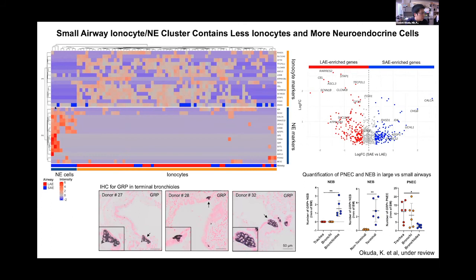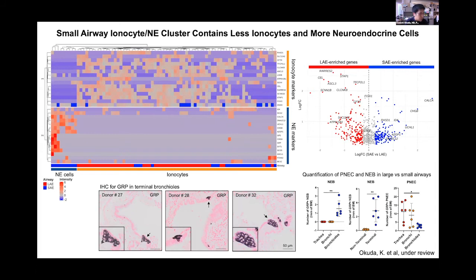Neuroendocrine cell markers are higher only in small airway cells. This volcano plot is also consistent: almost all the CF ionocyte markers are highly expressed in large airway cells in the ionocyte cluster, but the neuroendocrine cell marker is highly expressed in the small airway ionocyte cluster. So this suggests that even in the same cluster,